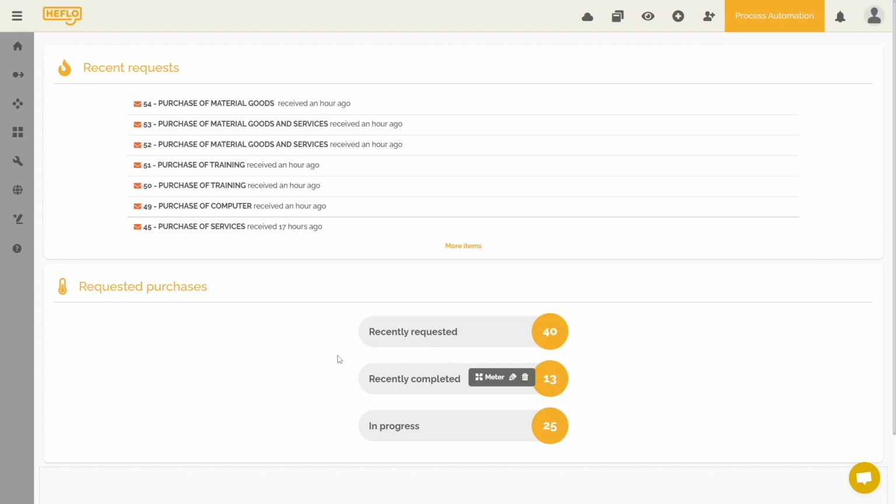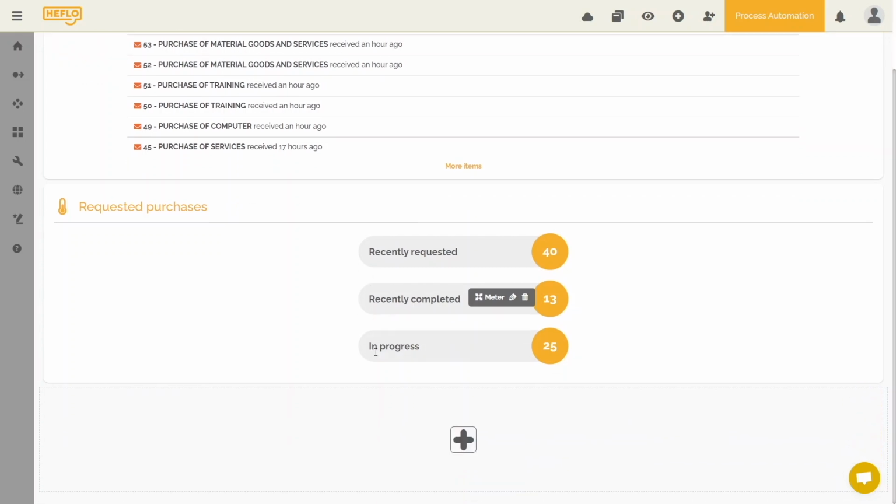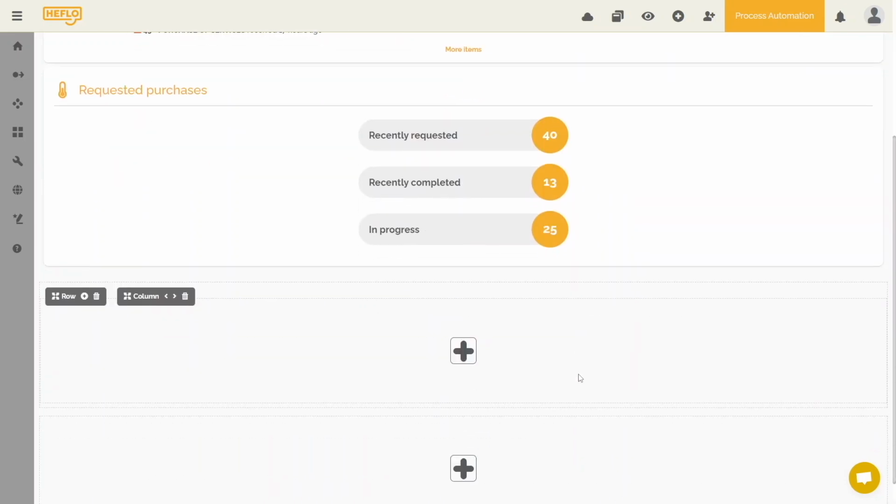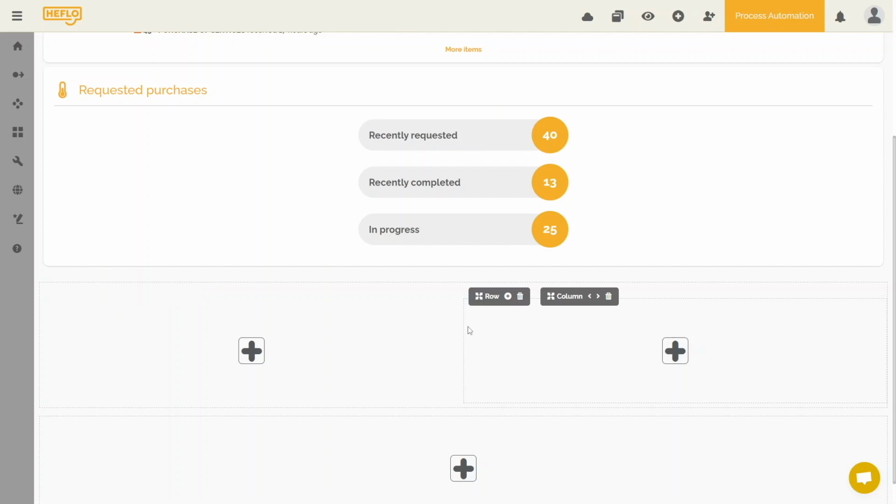Have you noticed that these widgets take up a lot of screen space? I would like to put these two widgets in the same horizontal row. The column would need to be split in two for me to do this. I need to add a widget called row. The row widget will allow you to split this row into columns. In order for you to add a column, you need to click on this icon here. So, I already have the two columns there.